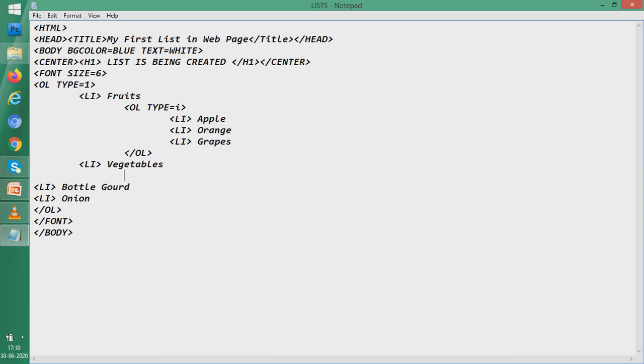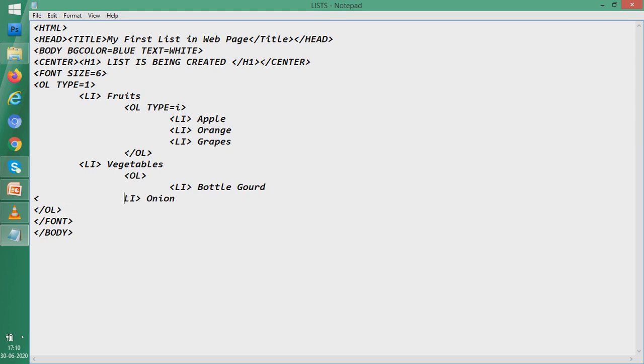So we write OL, and we write here list items for this OL. Let us take bottle gourd, and the second list item should be onion.